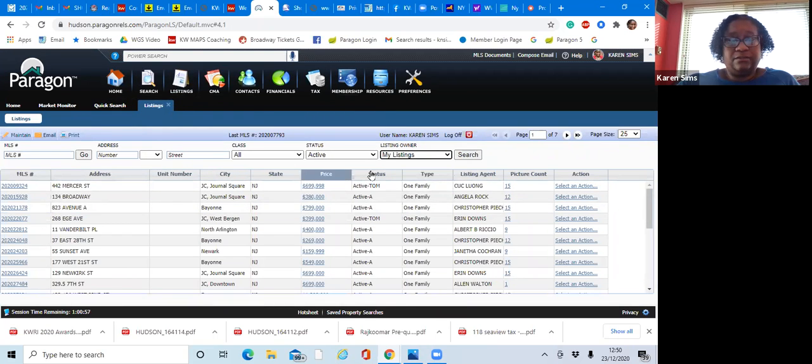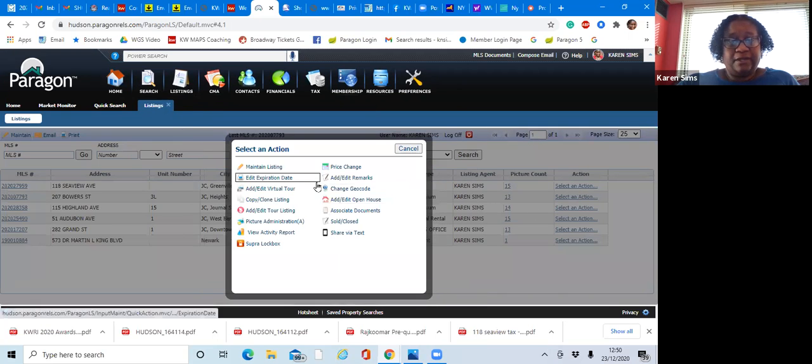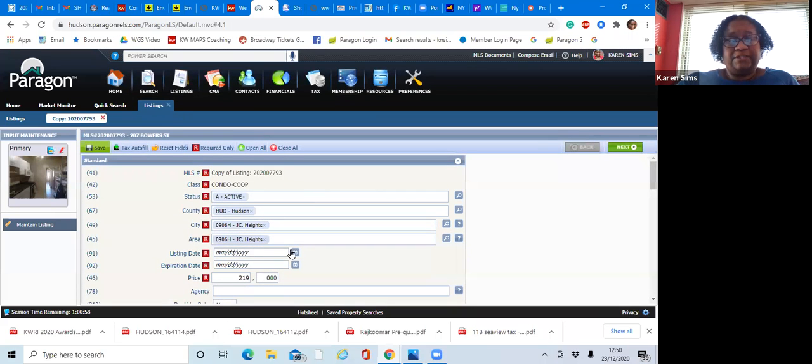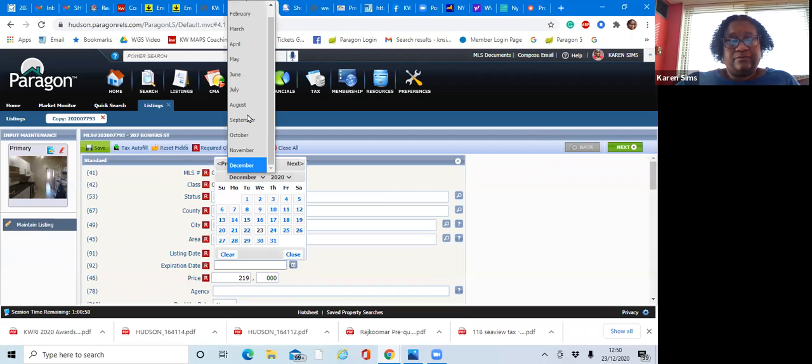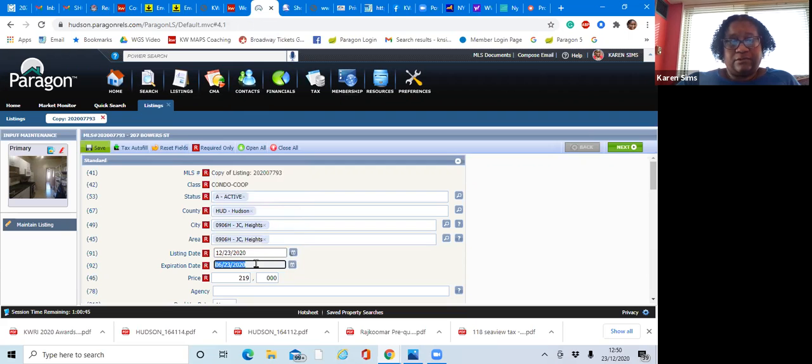My listings. On the left-hand side, where it says select, I can maintain the listing. I could just change the expiration date. I can add a tour, or I can copy and clone this listing. So if I hit copy and clone, it's going to take everything over, and I'm just going to have to put the new date in, the new expiration date in, the new amount, and